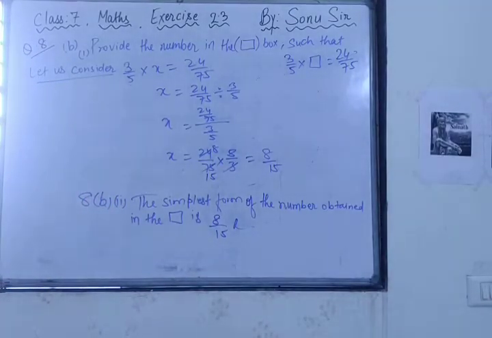See, if you know the process, then any type of question you get, you can solve. Only the digits are changed, nothing else. In the B question also, in the A question also, you must know the process. I hope all of you are writing this answer in your notebook. After writing it, we will move towards question number 9. If I give you this type of question, 8A and B, in the homework, will you be able to solve it? I hope all of you will be able to solve, and you have written this answer also.